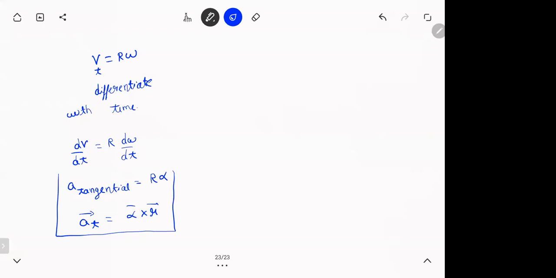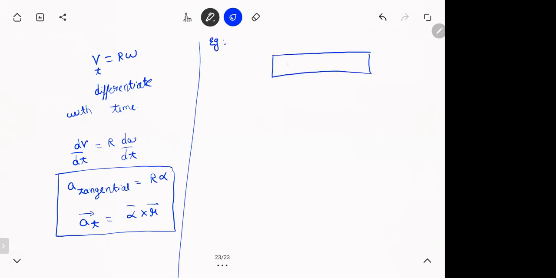This vector formula is one of the most neglected things. Most people don't do that properly. So remember that. Now, what do you mean by exactly this relation? Example, if you take a fan or a rod, let's make it thinner.